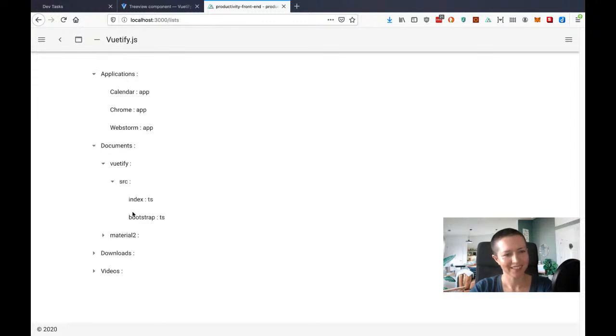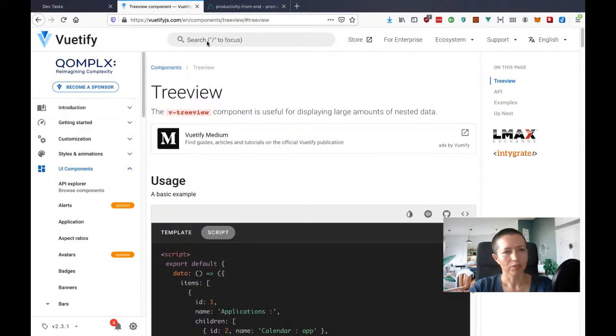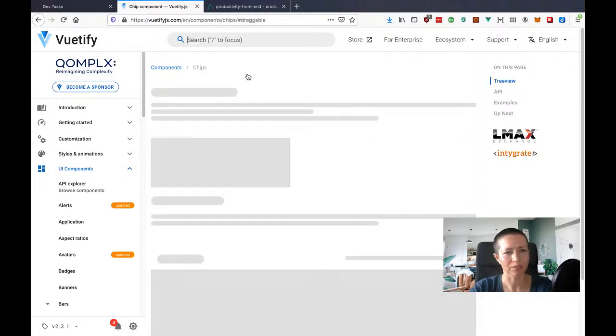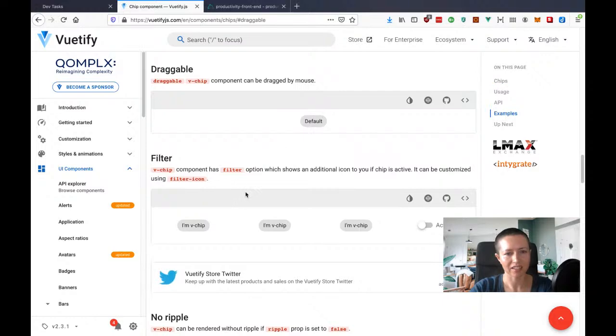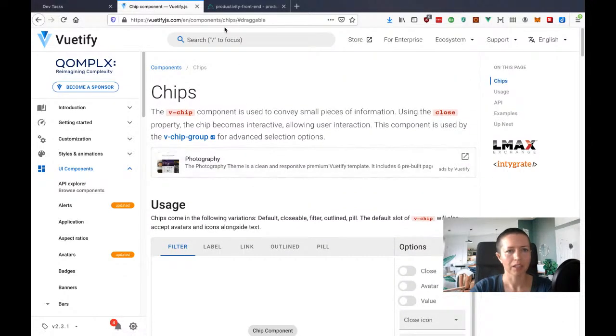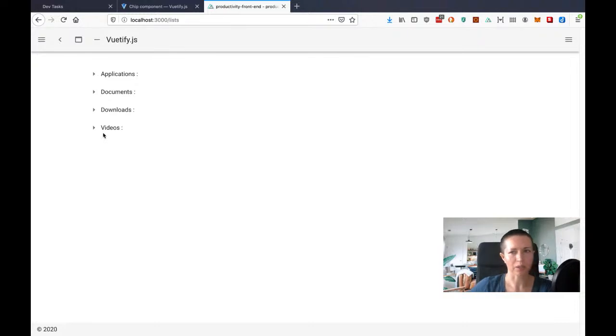Sweet. Awesome. Now, the thing that's different and why I was thinking about using Element UI is because it has a really nice draggable feature, which Vuetify, I don't think they have anything that's draggable. I mean, chips. So, like, these things you can drag, but I need something bigger than that. So I'll have to implement another library with Vuetify for that. But that's fine. Vuetify is great in so many ways. All right, so now I have lists. Now I need to be able to pull lists